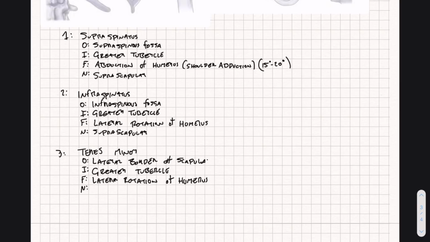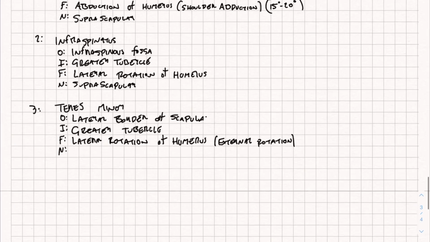When I said outward rotation, I meant external rotation. So lateral rotation is the same thing as external rotation. And then the opposite of external would be internal rotation. So that would be like having your thumbs by your sides, by your hips, and then pointing your thumbs towards each other. That's internal rotation, or medial rotation, same thing. And then if you just do the opposite and point your thumbs away from each other, that's lateral rotation or external rotation. The nerve that innervates this